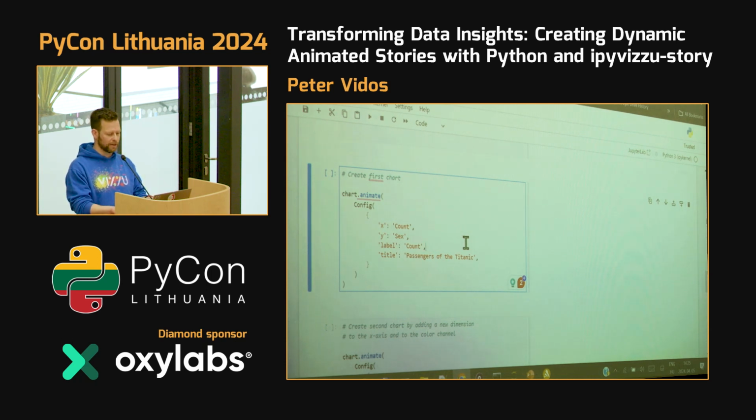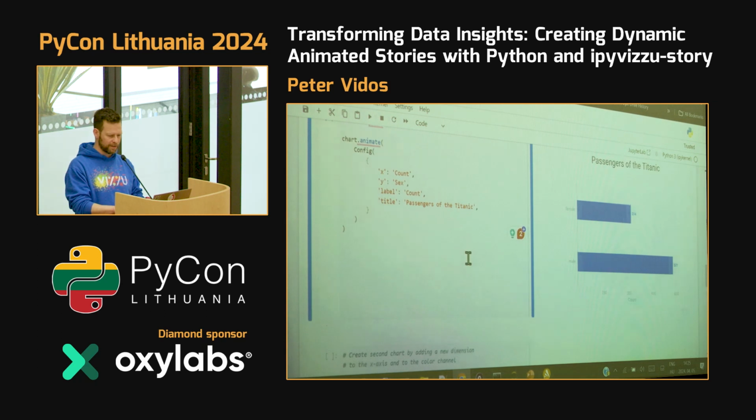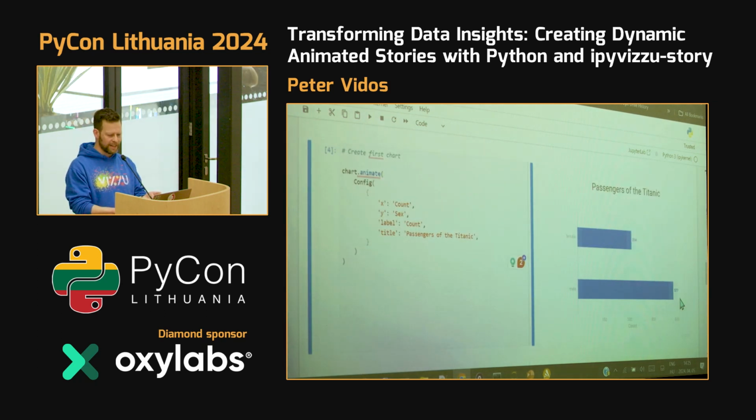Yeah, so a bar chart. It's going to be a bar chart, with the value on the x-axis and also on the label, and the sex of the passengers on the y-axis. Easy as that. So basically, ipyvizzu automatically aggregated the count values, summed them up, and then just put it up